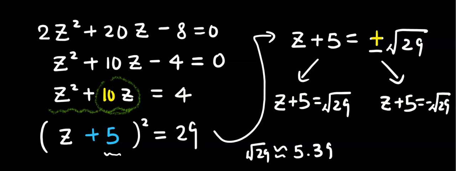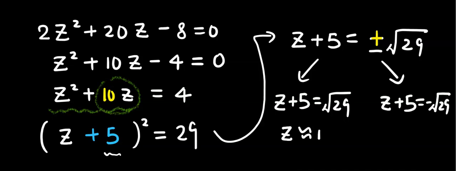Okay? Alright, now since we're going to minus 5 from each side, our first one is z is about 0.39. Our second one, minus 5 from each side. Remember this time, negative square root of 29 is